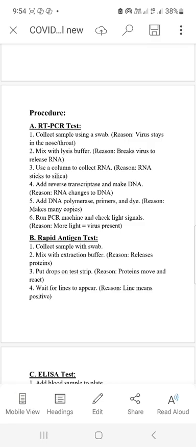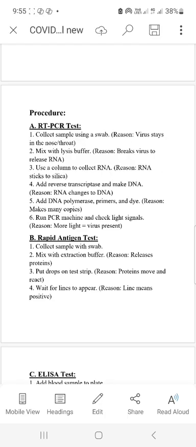In RT-PCR test, you have to collect the sample using a swab. Then you have to mix it with lysis buffer so that the virus breaks and releases the RNA. Then you have to use the column to collect that RNA so that RNA sticks to the silica. Then you have to add the reverse transcriptase, which is an enzyme,